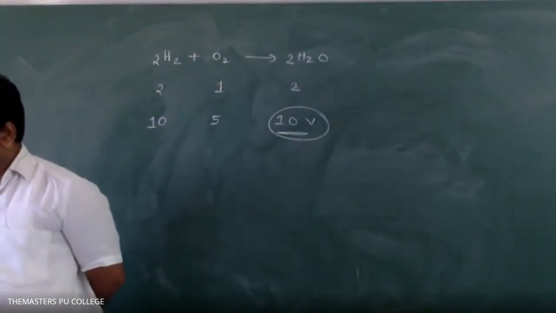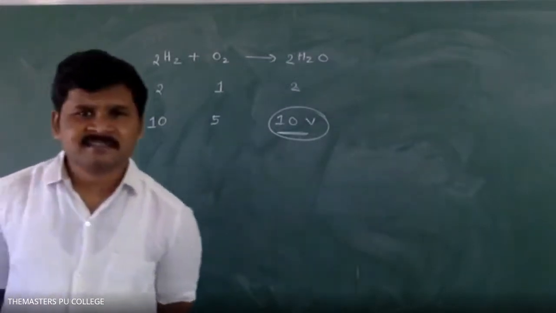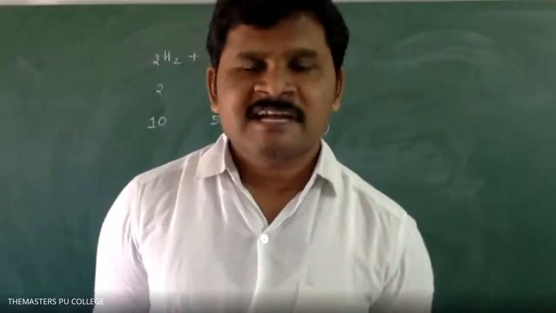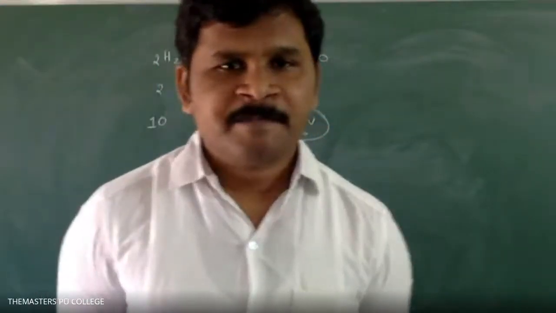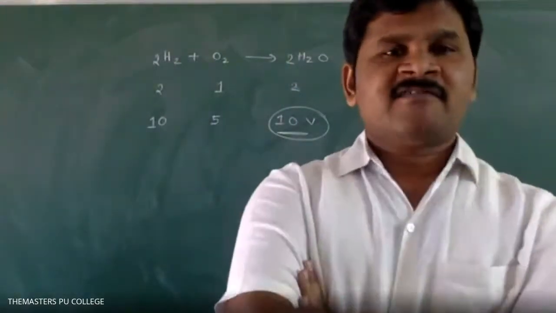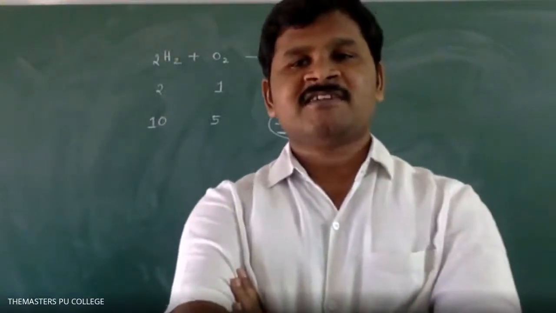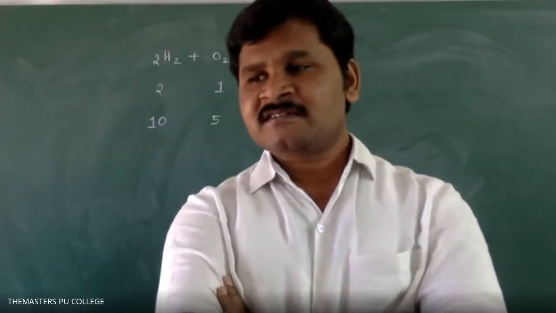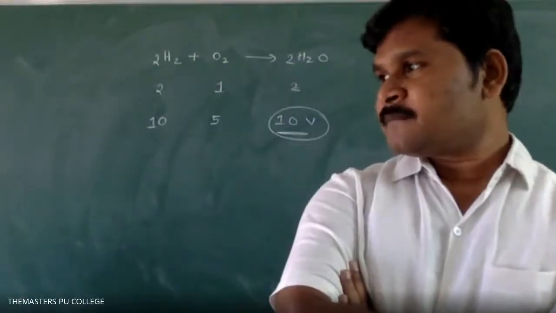decinormal. What I told yesterday? Decinormal means decimolar, I told. That is 0.1. So N2 is equal to 0.1. V2 is equal to question mark. Please solve V2 first. I repeat, N1 is equal to 0.5, V1 is equal to 100, N2 is equal to 0.1, V2 is equal to question mark. 500. Yes, sir, 500.